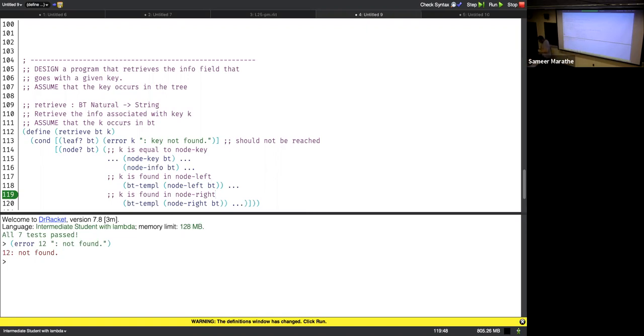So the first thing, though, is we should check if we already found the key, right? Because if we found the key, there's no point in going to the left or the right subtree. So if key equals this, now what construct do I need to use? We used OR before because we were just dealing with Booleans. Yeah? We could use an if,